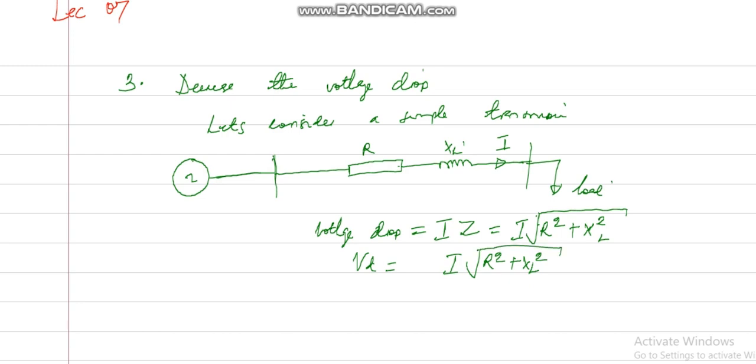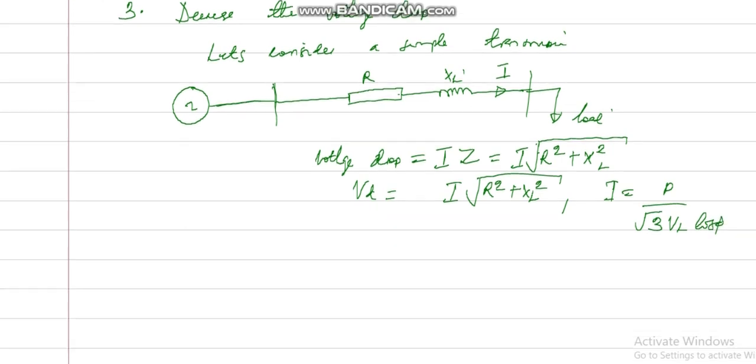Okay. Kwa hiyo we know that I is given by power over square root of 3 VL cos phi. Substitute hapo tutapata voltage drop VD equals P over square root of 3 VL cos phi times impedance ambayo ni square root of R squared plus X squared. Okay? Kwa hiyo if P is constant,